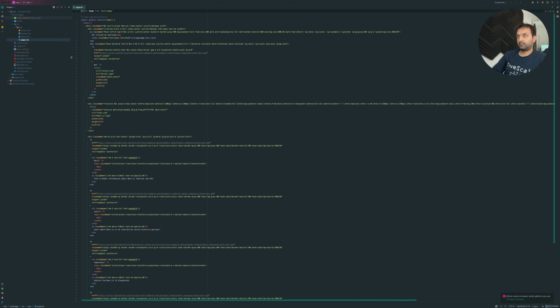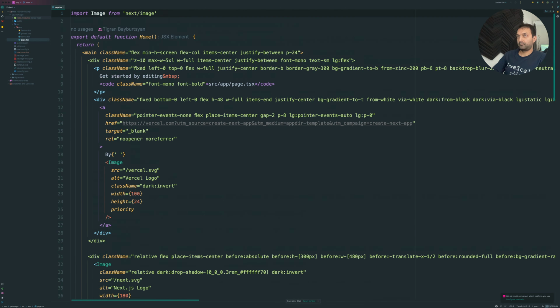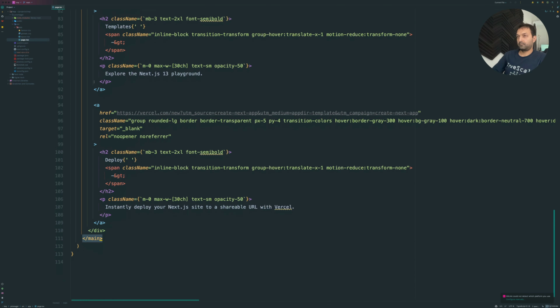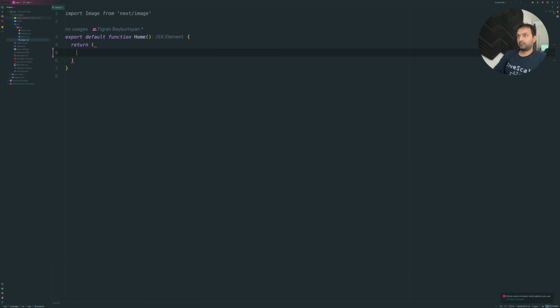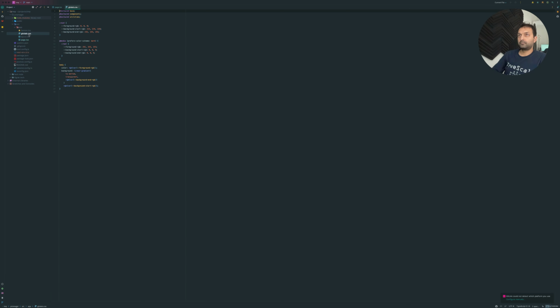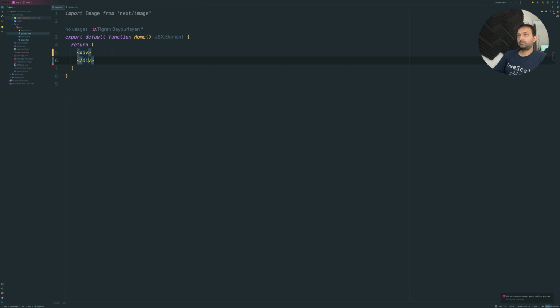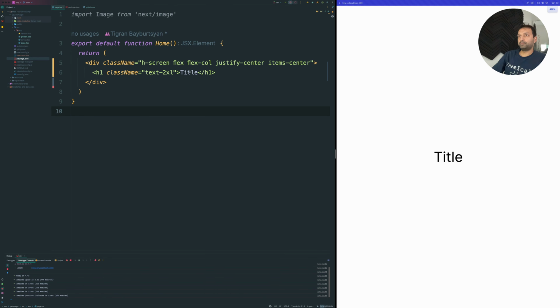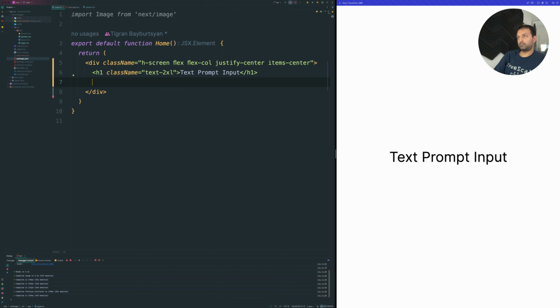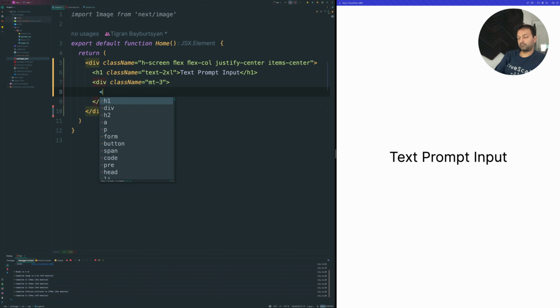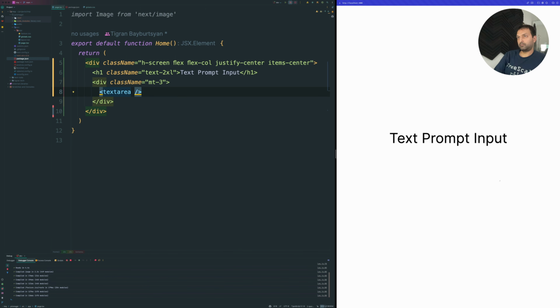The first thing I usually do is remove the standard code generated by the project template inside the homepage, page.tsx. That allows me to start from scratch and make Tailwind components without mixing them with the existing styling. I'll add the base container div with a full height and flex column direction to center everything we have on a page. Now we have our title text centered on our page, and we can add a text area